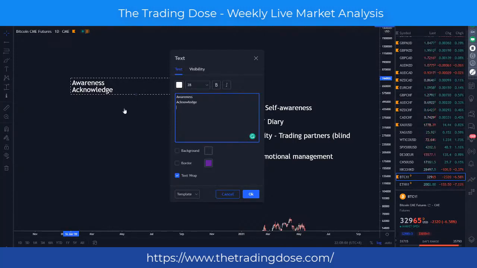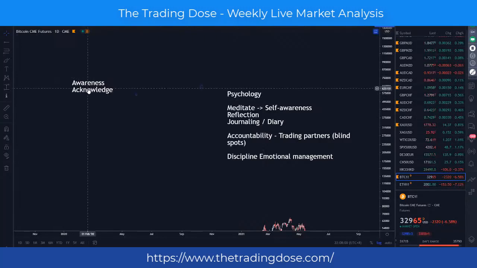This tool is really very important, because I feel a lot of traders are probably aware, or some of them are not even aware of it, but they did not acknowledge it. It's subconsciously quite important. Acknowledge it to yourself: yes, this is hurting me, I need to work on it. That kind of acknowledgement is crucial.